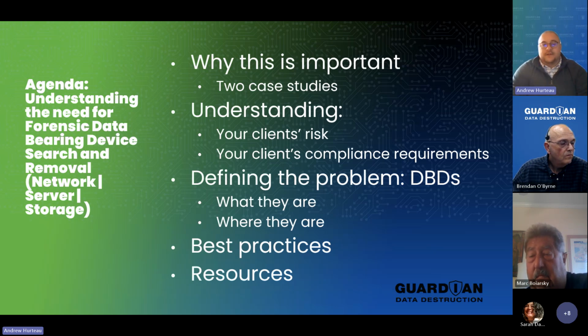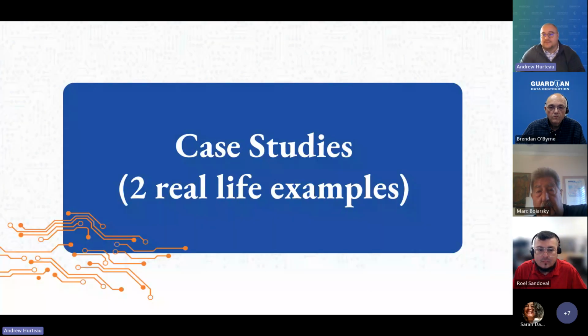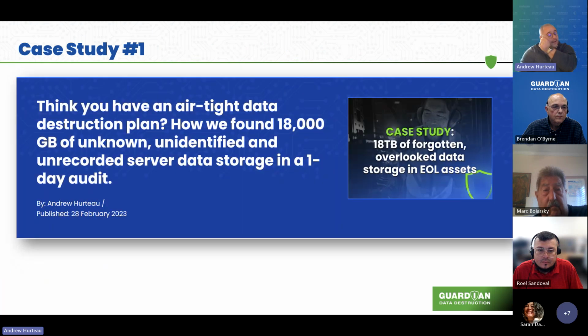The first thing we'll do is we'll hit two case studies. These are real life examples, not hypotheticals, not potential things that exist only on paper in knowledge bases. These are real things that have happened that we've encountered. The first one is